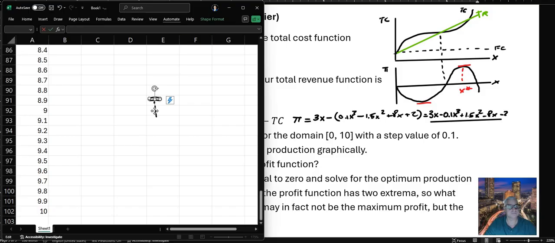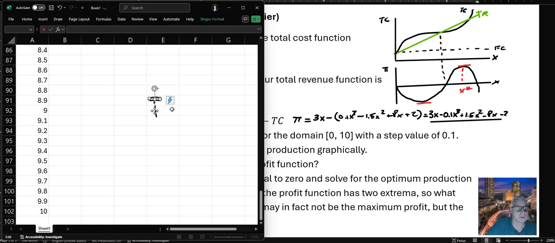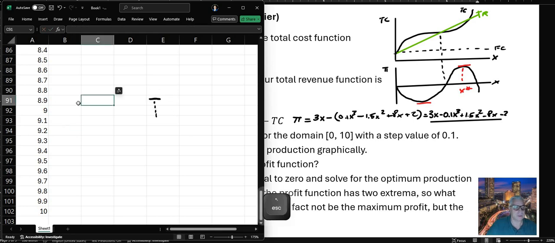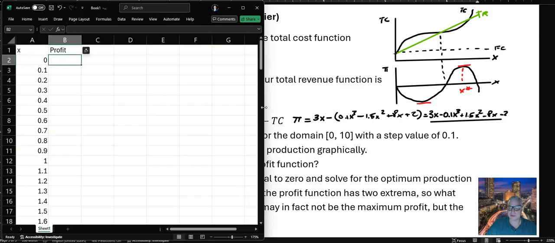Okay, let's quickly do something here. Review. Okay, now the profit function is 3x, so it equals 3 times x minus 0.1 times x cubed